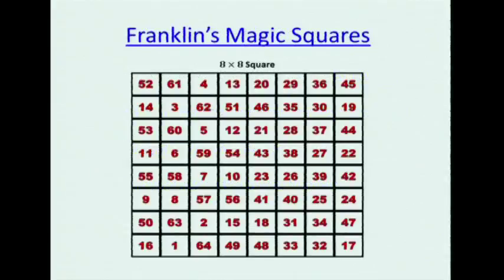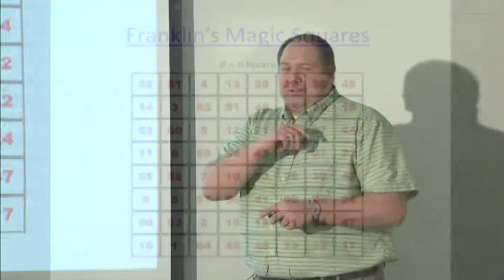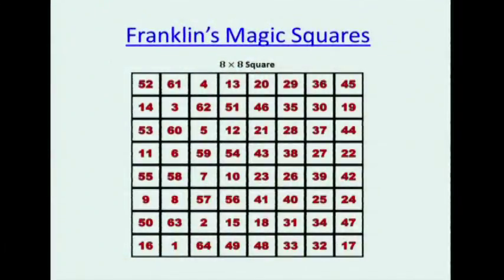They're exotic. Okay, so this is Ben Franklin. What bill is Ben Franklin on? Do you know? The $100 bill, that's right, very good. And he, I think, had something to do with writing the Constitution, so he's a pretty important person. Well, as it turns out, his hobby was magic squares. This is not a normal magic square. Its columns and rows all add up to the magic number, but the main diagonals do not.